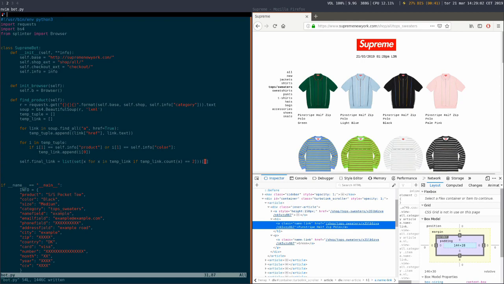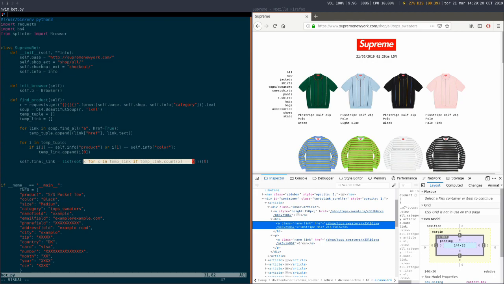Okay, so basically what we do here is that this in here is a list comprehension that just loops over every link that we saved in the temp_link list,